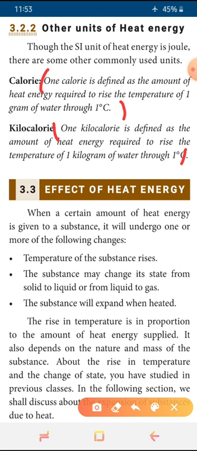The third point is that the substance will expand when we are heating. Any substance can easily expand when we apply heat. Why does this expansion happen? When we give heat energy to any substance, the atoms in that substance get affected and start to vibrate. As we increase the heat, the vibration of the atoms increases. With maximum heat energy, the atoms vibrate more vigorously. As a result, the substance starts expanding.